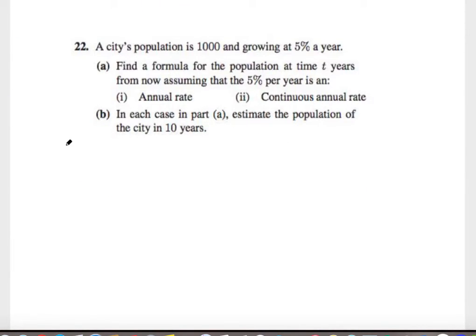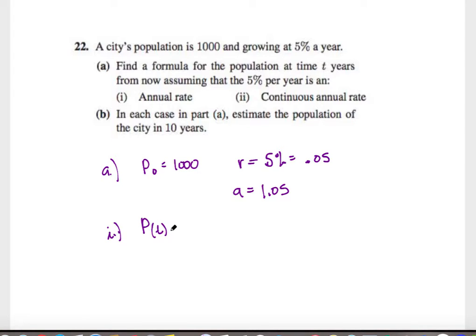Question 22. So we have a population that is 1,000 and growing at 5% a year. Find a formula for the population at time t, assuming it grows 5% per year. So we'll start off, we'll say P initial is 1,000. So our R is going to be 5%, which is equal to 0.05. Therefore, our A is 1 plus R, so that means our A is 1.05. So our initial annual rate of growth is going to be P of t equals 1,000 times 1.05 raised to